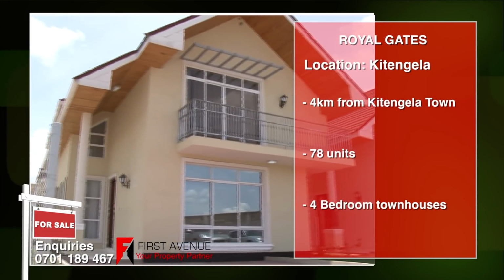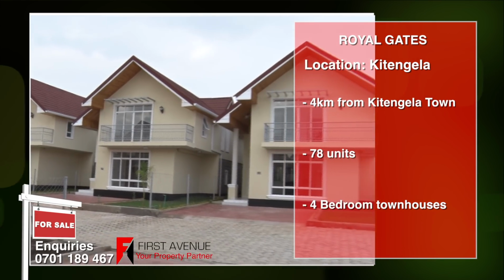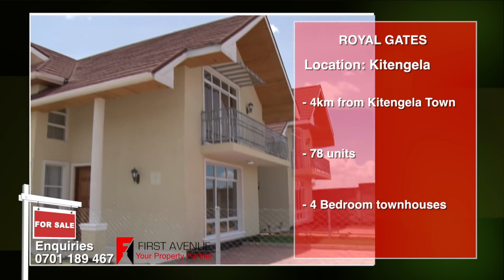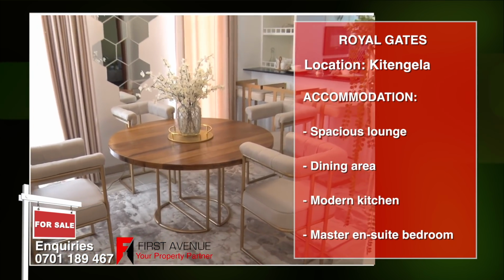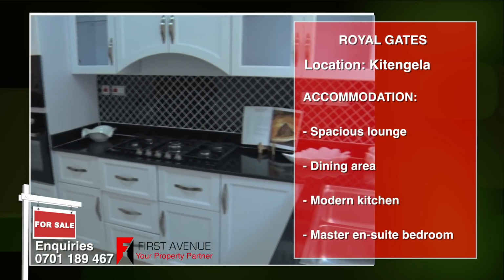Royal Gates is a gated community located in Acacia, 4 kilometers from Kitengela town. This development consists of 78 4-bedroom detached townhouses. Amenities include a spacious lounge with a separate dining area, modern kitchen fitted with quality appliances and ample storage space,